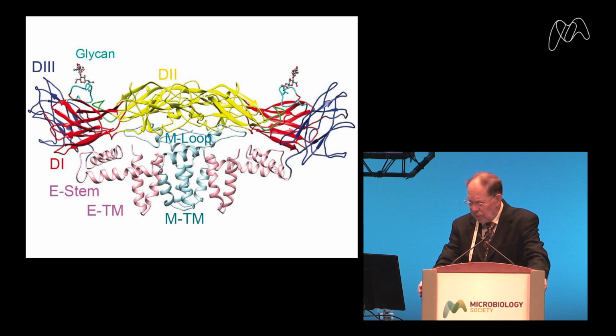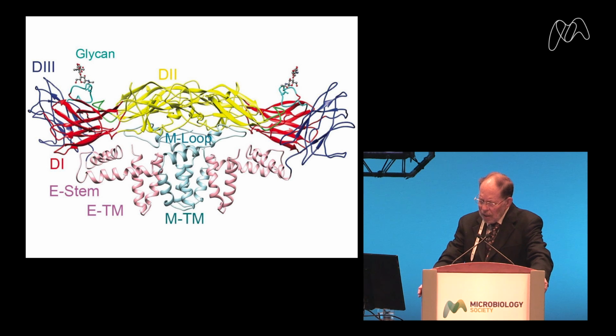Now, I mentioned the maturation problem. This was a much bigger problem with Zika virus. So we had to use cells which have overexpressed furin to make sure there's enough furin to get more or less mature virus. And then using the new technique in electron microscopy, with direct electron counters, we were able, as we can now do quite generally with electron microscopy, to obtain a structure at 3.8 angstrom resolution, which you see here for Zika virus.